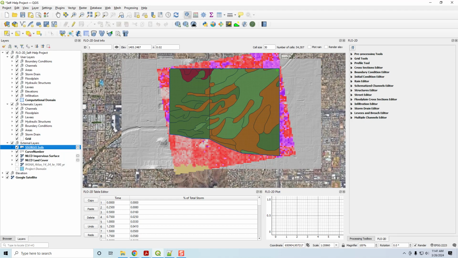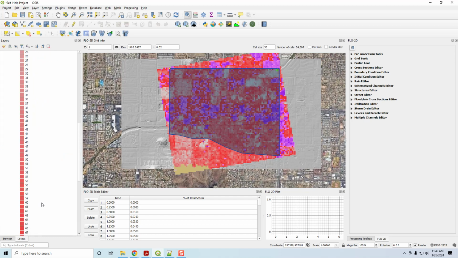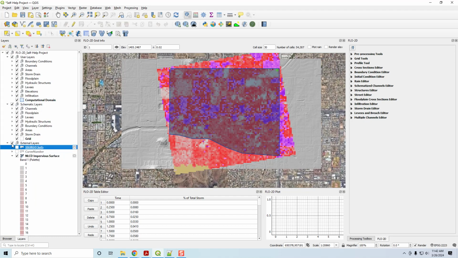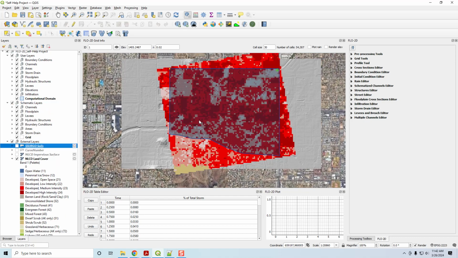This is from the land cover. This will be impervious surface, so this would be like the percent impervious. Let's see what percent impervious. That's from 0 to 100. And this is the land cover categories. Let me turn off this one real quick. You can see that most of this is developed, medium, or low intensity, and a couple of open